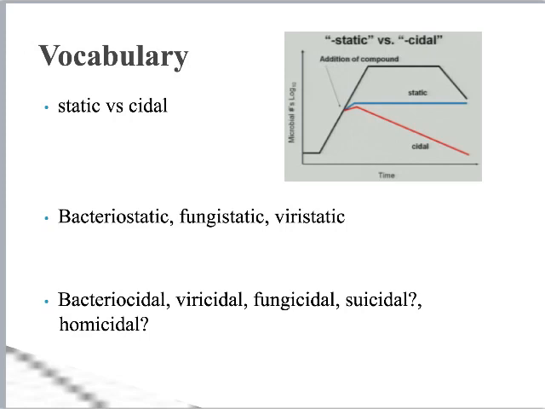Now here's some vocabulary. Sometimes antimicrobial agents are referred to as static, and sometimes they use cidal. If something is static, if you look at this growth curve, the black line is the normal growth curve, and the blue is flat. So we're not killing off all of the organisms, but we're inhibiting their growth. We're slowing their growth. Whereas something that is cidal,